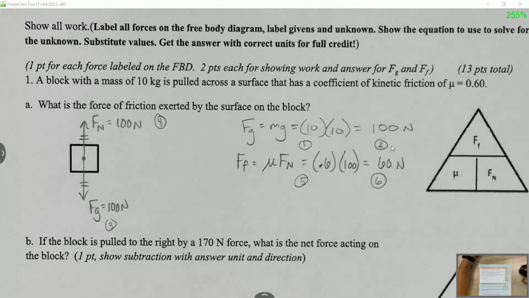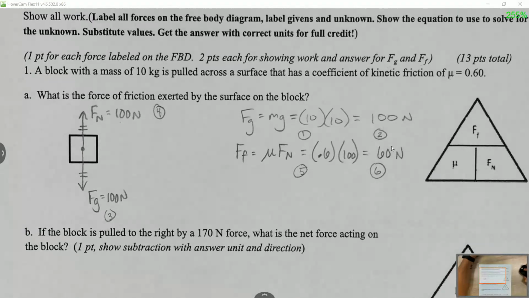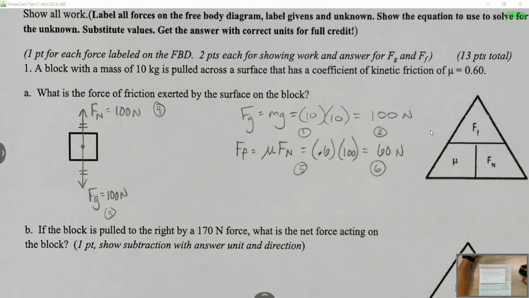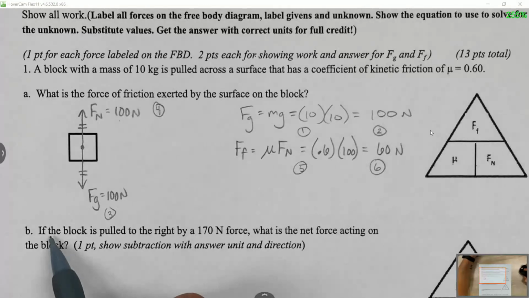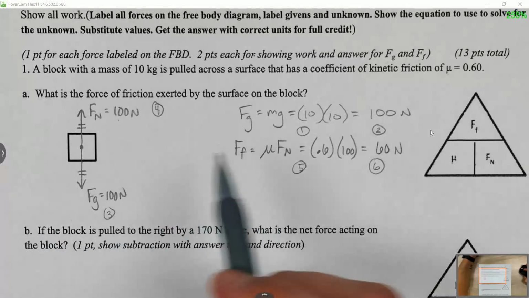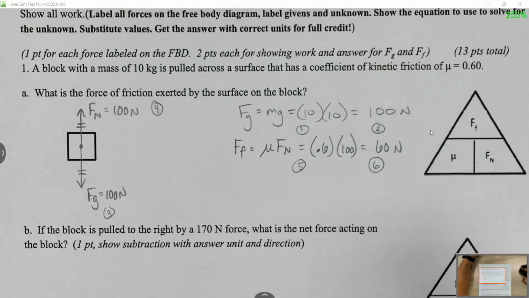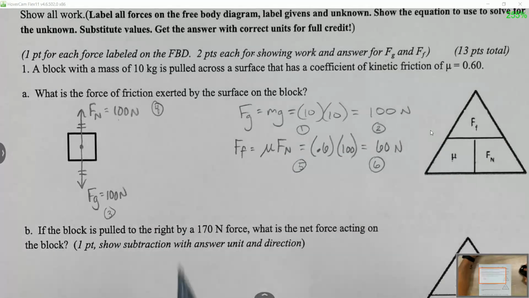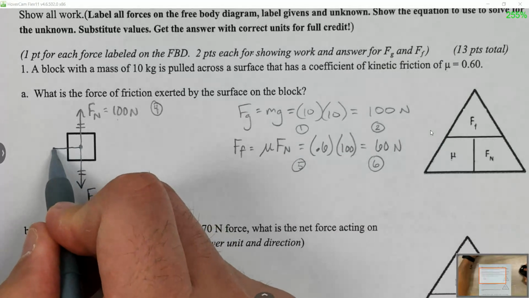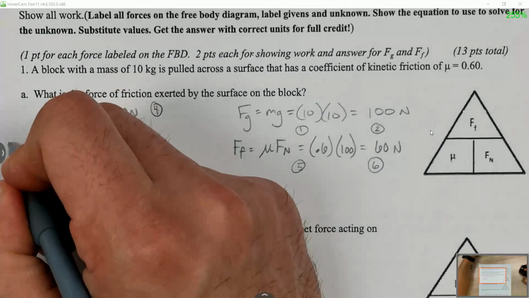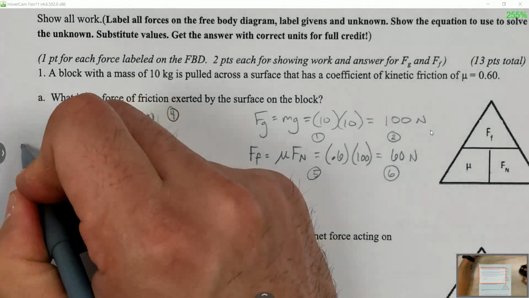How are we going to know which direction to draw this friction force in? Well, friction always goes opposite the direction of motion. So if the block is pulled to the right, friction would be in the opposite direction. So we're going to draw an arrow to the left, labeling it friction force,